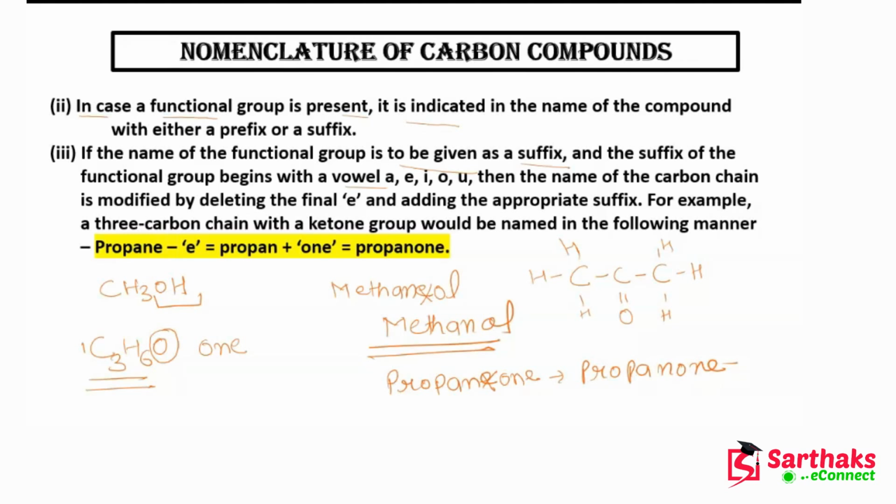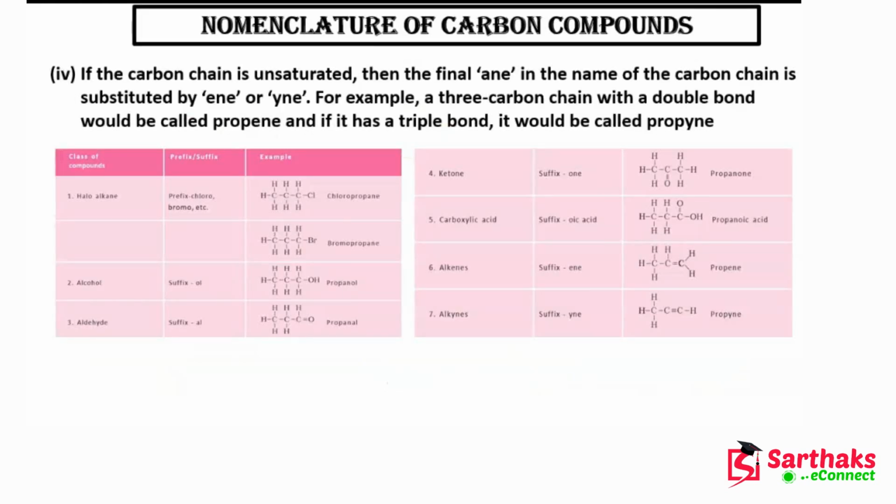So as you can see, what is the number of hydrogen? 1 2 3 4 5 6. So you can see C3H6 and 1 oxygen. Basically this is the ketone group, and for this group we use the suffix "-one". I hope guys this point is clear to you. Now guys, after understanding this, let us move on to the next slide and talk about one more point, point number 4.